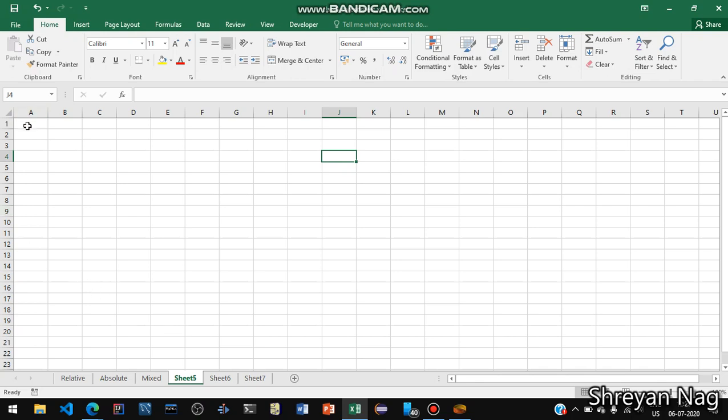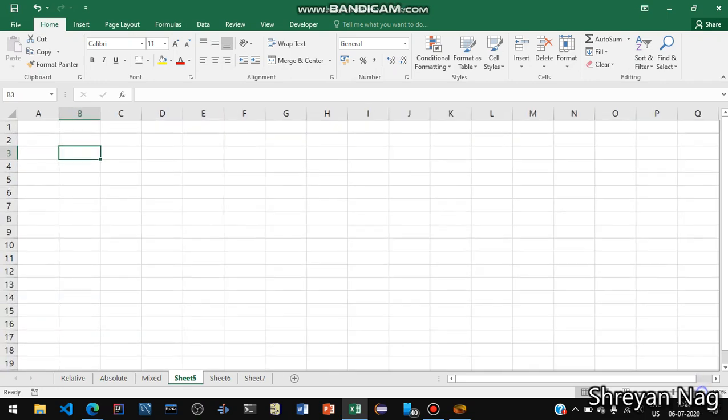Now if you select any cell with a left click, this is called a cell. Now how do we represent a cell? Look over here. If you zoom in a little bit, you can control the zoom. This is the zoom control, where we can increase or decrease the zoom level.